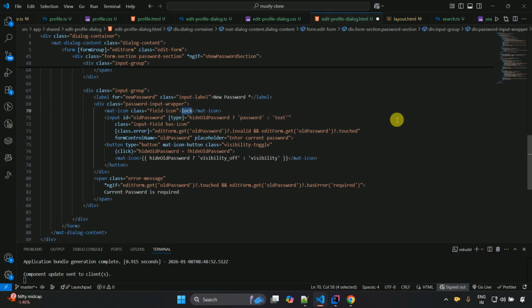I want to show the lock_open icon, this one, and over here I want to change this to new password. So new password, and over here also new password, and the password text input field, this one is also correct, and over here also new password. So let me copy this one so that I can paste it easily everywhere. So new password, and the form control name is also new password, and over here we have to just write